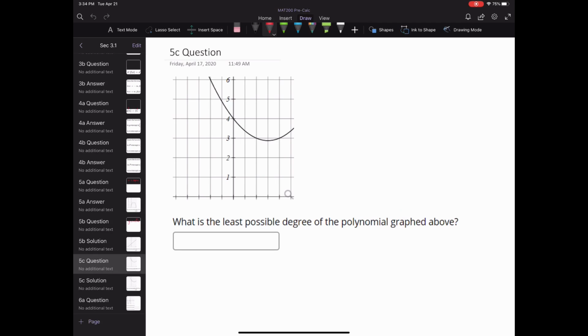What is the least possible degree of the polynomial graphed above? And again, this one I'm actually going to let you try. Pause,